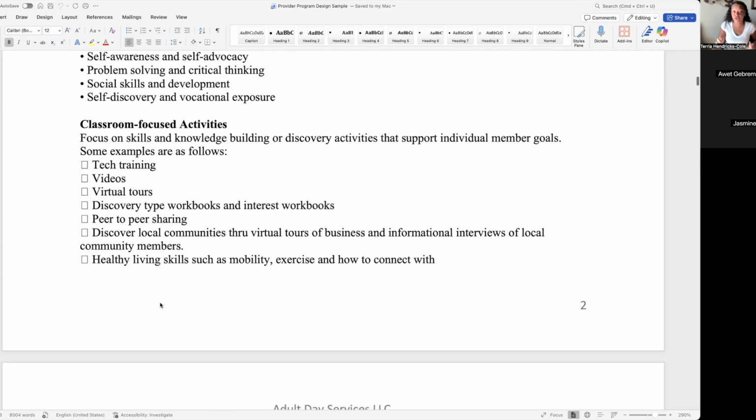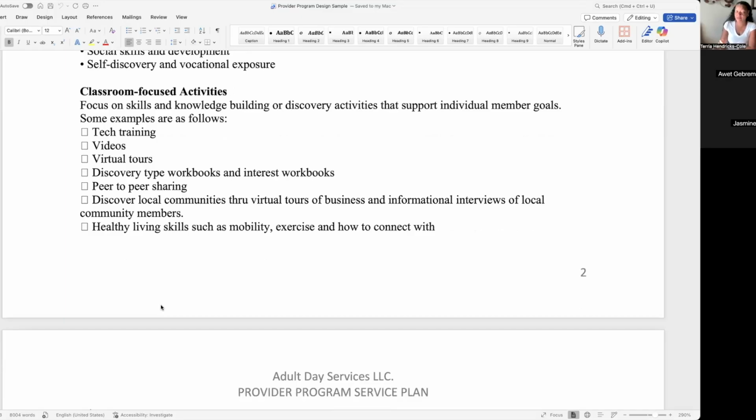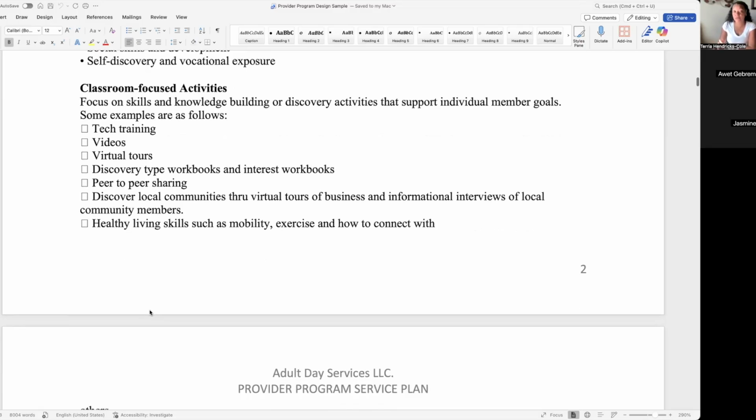Next, another very unique service, the classroom focus, so the continuing education part. Most adults with intellectual disability age out of high school at 23, 25. When they age out of high school, they're still at potentially a third, fourth grade level education. So a handful of agencies will take on this continuing education aspect of a service, where they're actually providing reading, math, spelling in their facility. They're continuing the client's education.